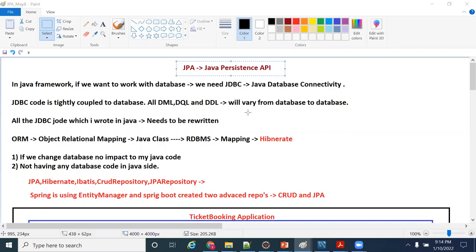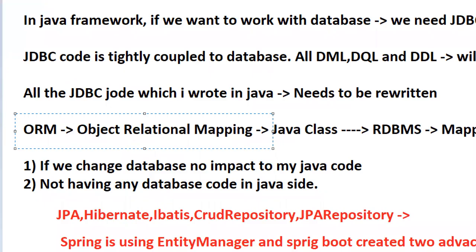In connecting to the DB, drivers will be there, right? So now, to solve this problem across all frameworks, there is one concept called ORM, object relational mapping or object relational modeling. How are they solving the problem? They are solving it with ORM, which is called object relational mapping or object relational modeling. Okay, what is ORM?